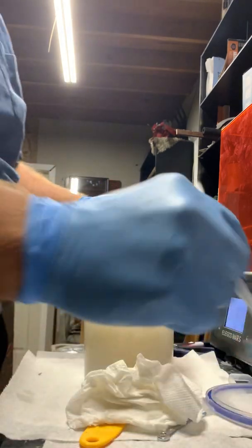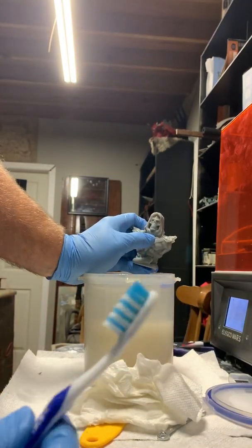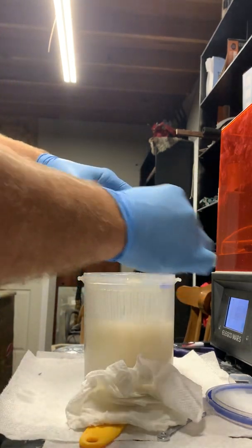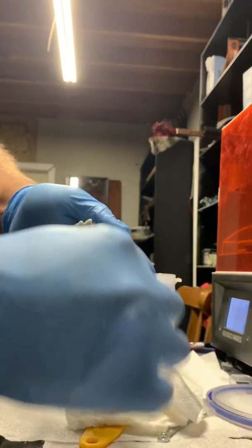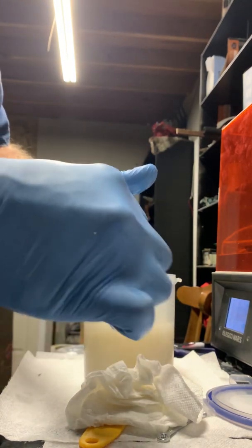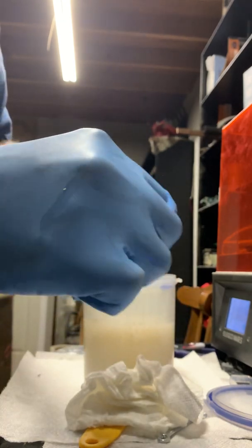So what I'm gonna do now is grab my toothbrush. This is just an old one. Grab them, and I'm just gonna start scrubbing. I just rinsed it in there. I'm gonna start just scrubbing everywhere. Now this is to get off as much of the extra leftover resin as possible. This also knocks off any little small